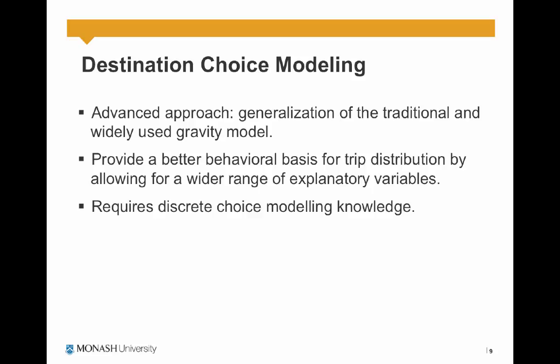This method will provide a better behavioral basis for trip distribution instead of using some simplistic gravity model. We use a behavioral modeling perspective using discrete choice theory. We will cover some topics on discrete choice modeling in a few weeks from now,